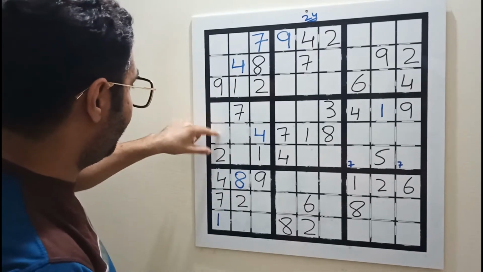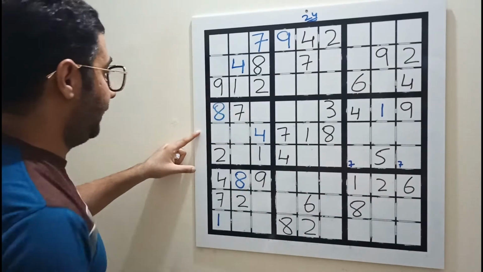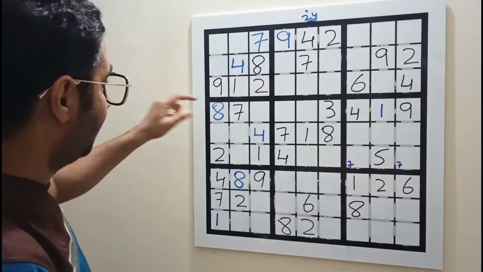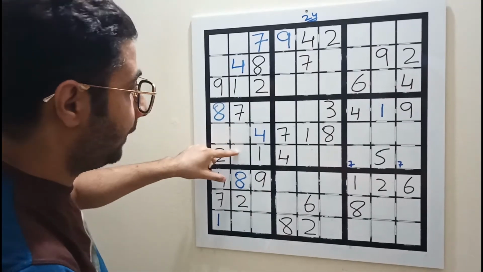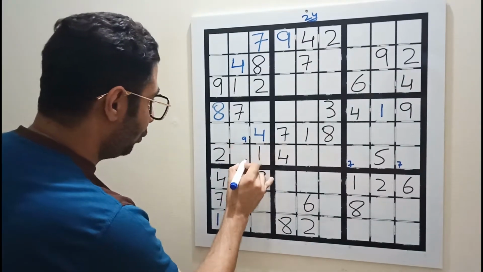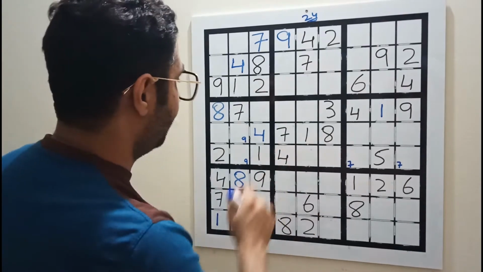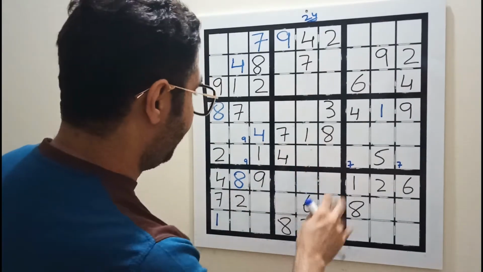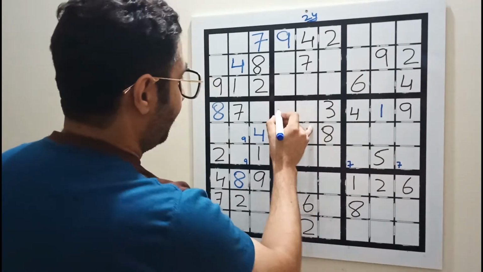8 has to go in the left. Because of this 8, this becomes our 8. 9, right, left. It has to be in the center. There is no 9 here, so we will place 2 small 9s. Now this, 1, leave it. We got 2 2s, right, center. This is left.